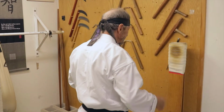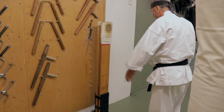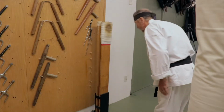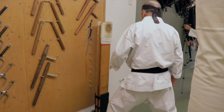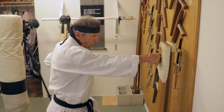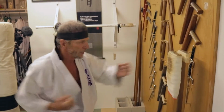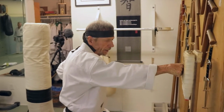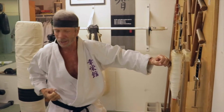So, first thing I do is always bow. Bow to your training aids. Onegaishimasu. It's always respect. One good method of building your punch, reverse punch, gyaku-zuki, and again, I mentioned this in my last tutorial, is keep the elbow in. Keep the elbow in. Because I see people doing Makiwara, even in Okinawa, they're going,